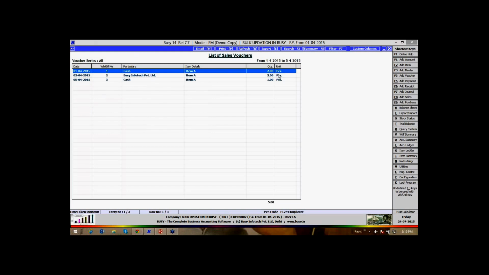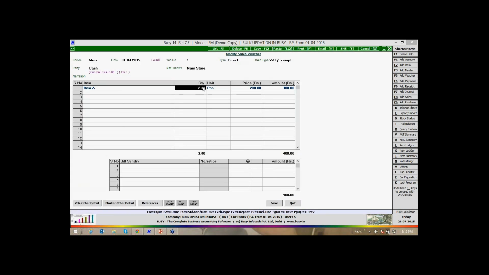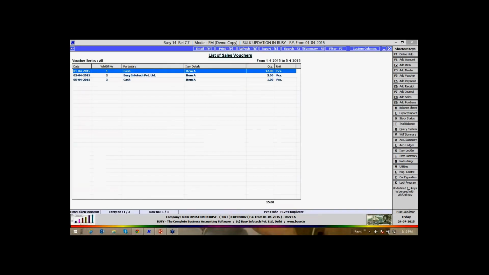In 5 days, 5 quantities are sold. Let's increase our quantities here. In 5 days, 15 quantities are sold.